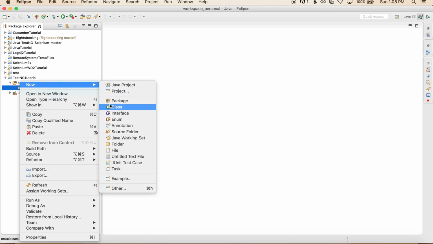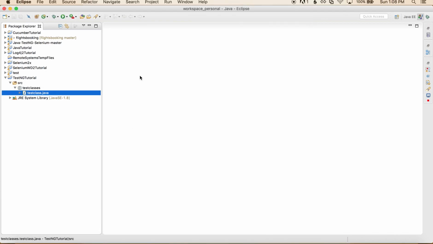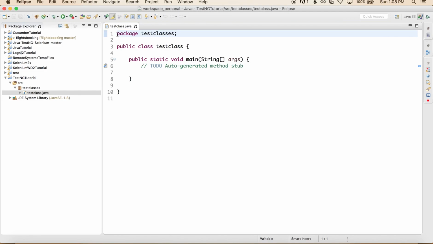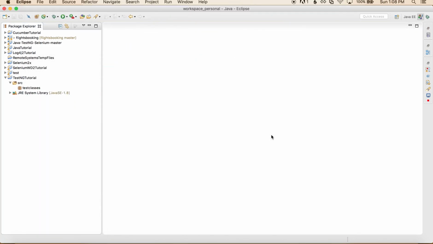Let's say if I click on New and Class, and I create maybe a test class right now, the max I can do is check this public static void main default method and click Finish. It'll give me this format of a class, but we don't want this, right? We don't want all of this. We want a class which is TestNG, and we can create it without the plugin also, but the plugin makes it a little easy for us to do a few things.